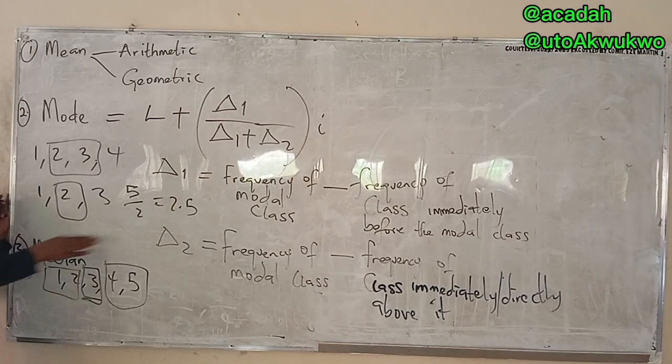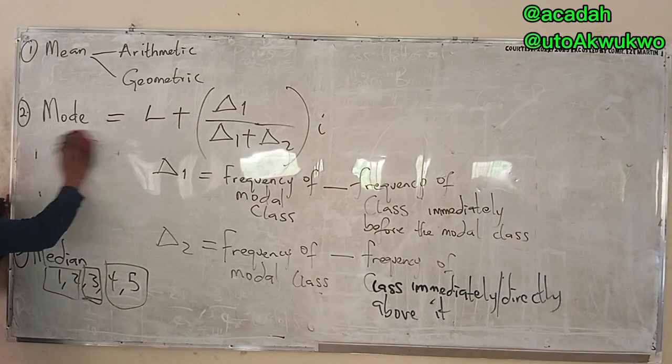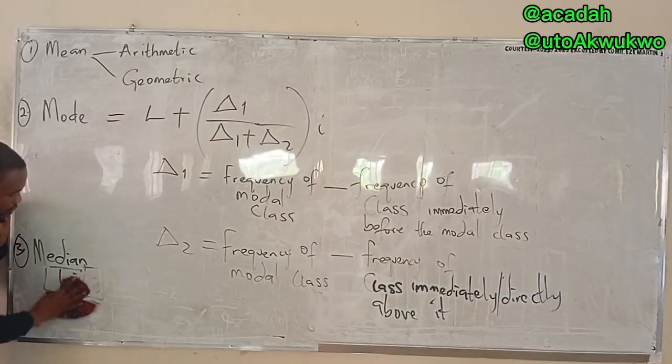But this is just an elementary part. There is no question ever going to put you to do median of raw data. The key thing you look at when you are doing median is grouped data. Raw data is easy and too elementary, nobody looks at it. So when we take grouped data, we now see how to do median properly using either the cumulative frequency curve or histogram. You use the two to get to median.